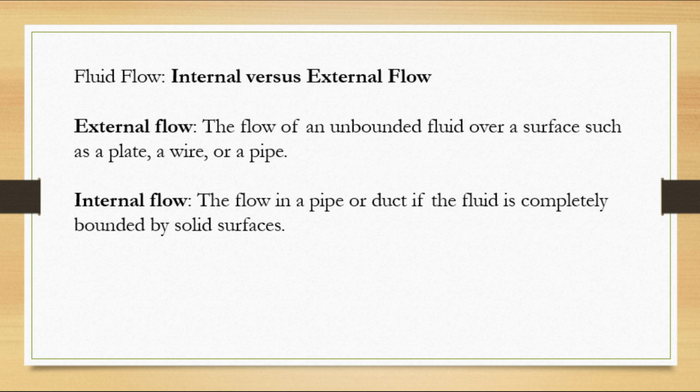For specific heat, classification is internal and external flow. External flow is the flow of an unbound fluid over a surface such as a plate, wire, or a pipe. Internal flow is flow in a pipe or duct, with the fluid completely bound by solid surface. Next,